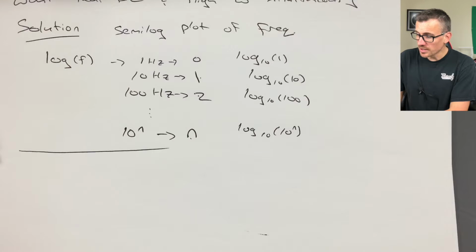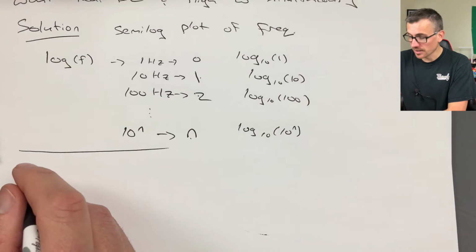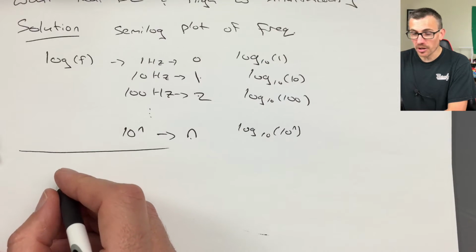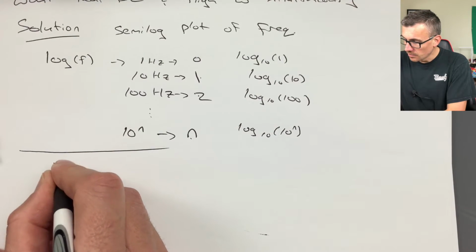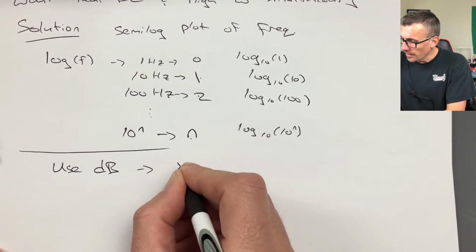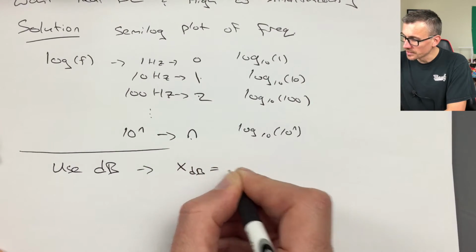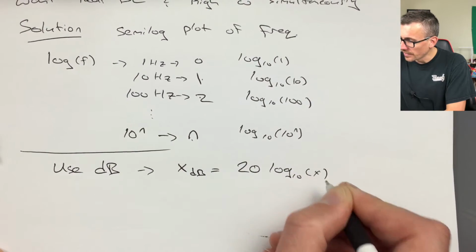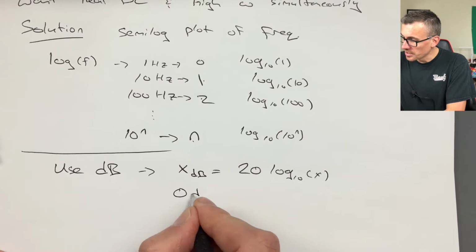So we can do the same kind of trick. We're going to plot logarithmically in the y-axis as well. And we're going to plot in what's called decibels. Now x in decibels is going to be equal to 20 log base 10 of x. So that 0 dB